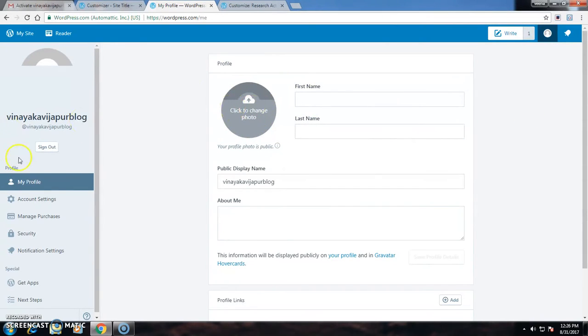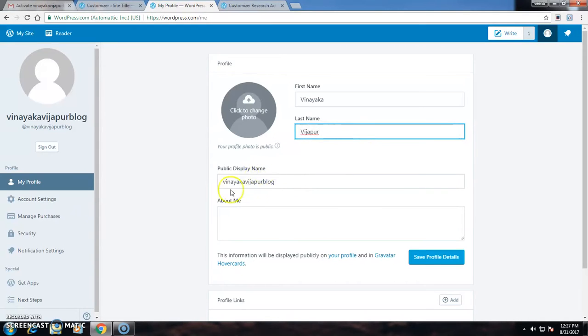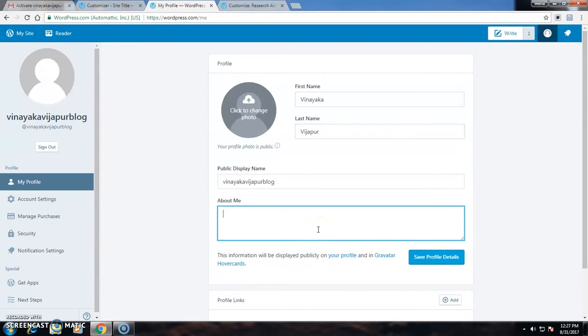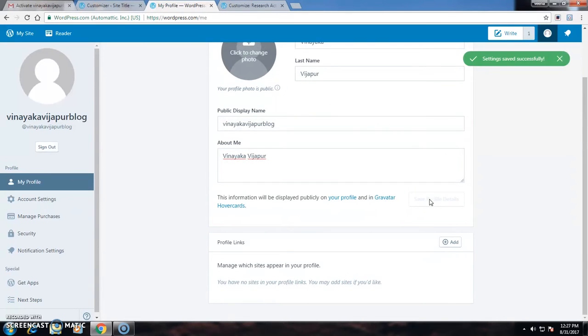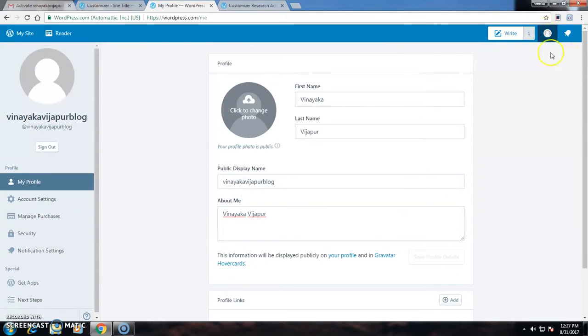I can add a photo and also type my name, first name Vinayak, last name Vijapur. So the name has been published about me. So this I can say publish, save, it has been saved.